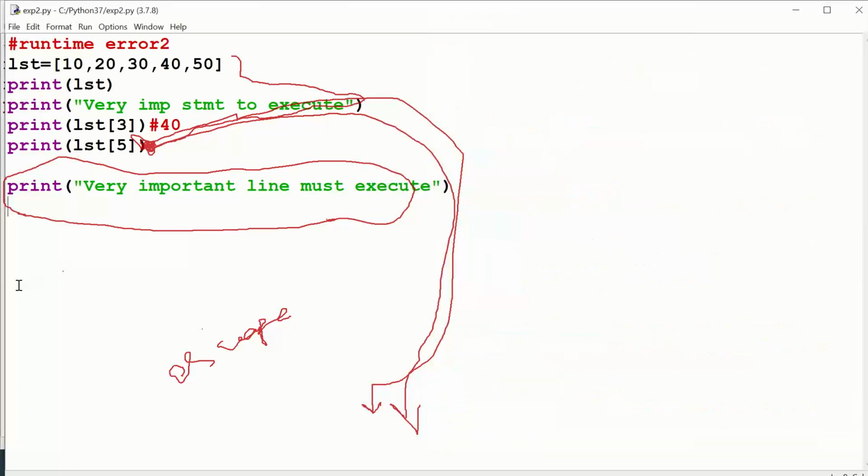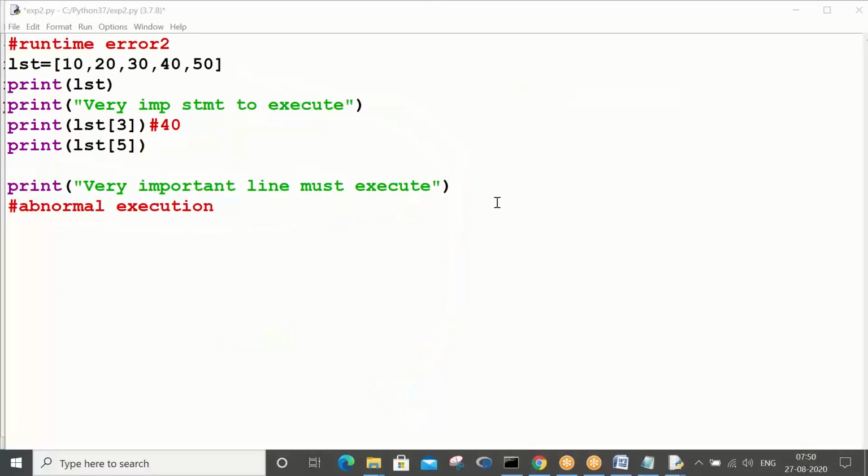Abnormal execution. Okay, fine. As I told you, your mom asked you to get some things from home, and those things you are not able to find at home.